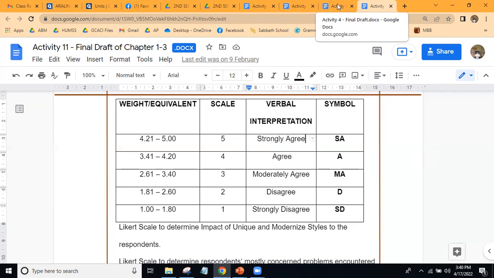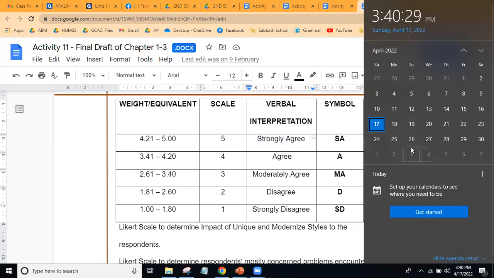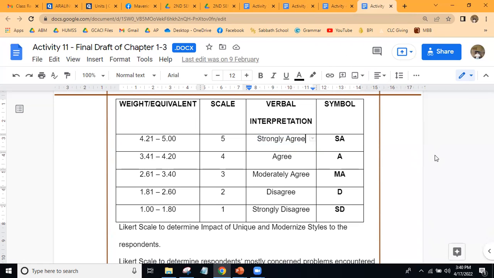Now May 12, that will be your final examination, title defense, and the next meeting natin will be on May, I think May din yun, no? Let me check my calendar, no? May 2 naman ang inyong presentation ng chapter 1 to 3 for your final requirement sa aking subject na practical research 1. So thank you everyone, and then if you have some question, you may raise now before we end